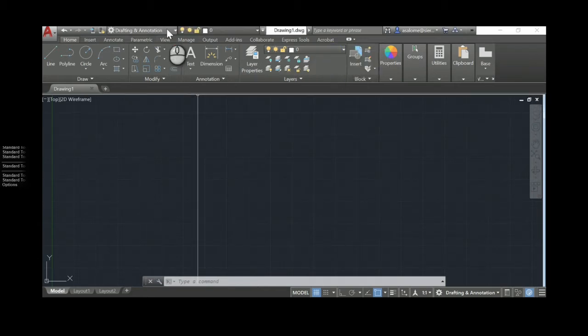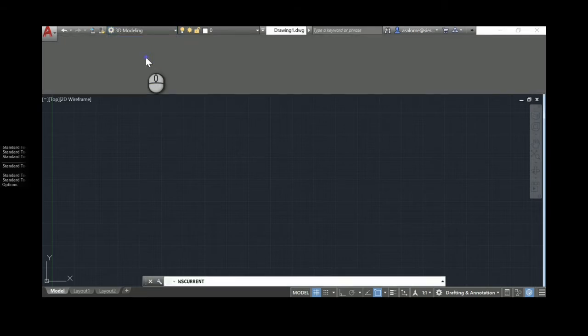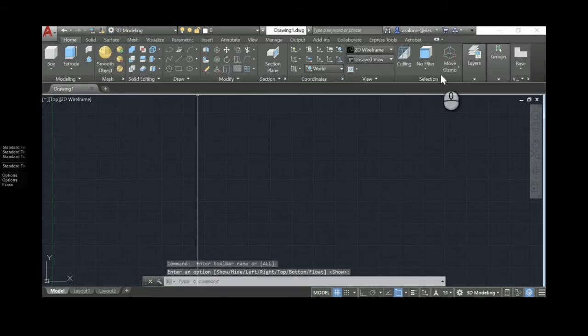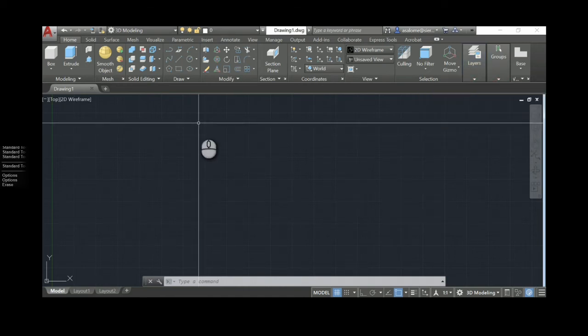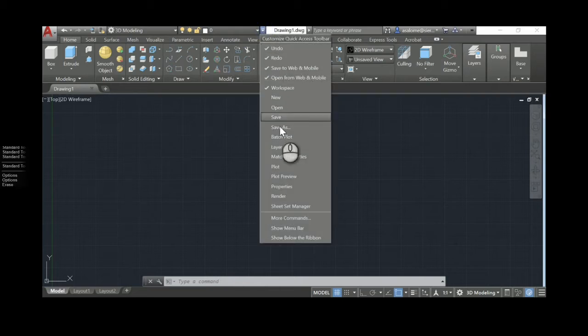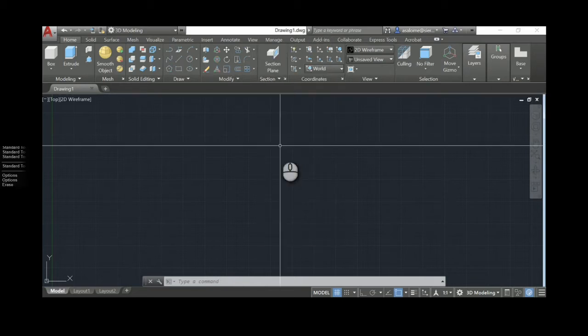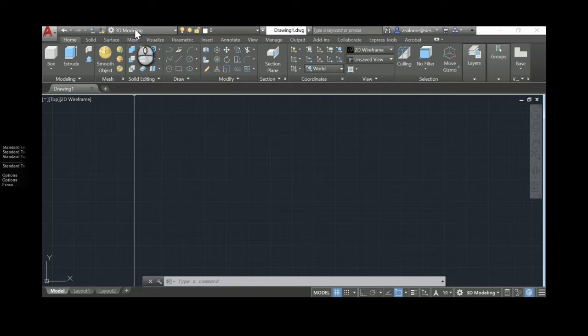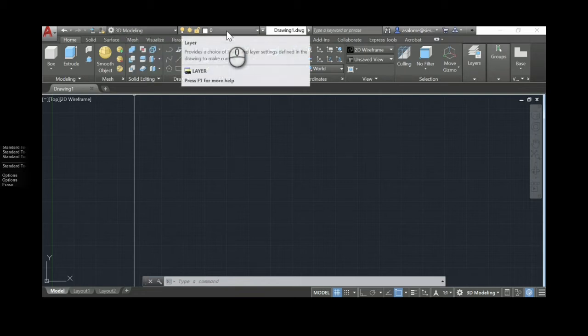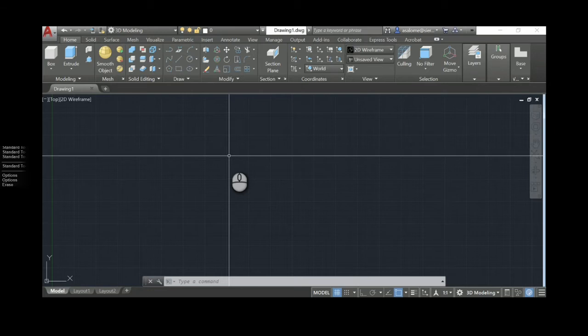But notice, I'm in 3D modeling, and that thing isn't on the ribbon somewhere. In fact, I've got to come down here, open that, and come to here to be able to find it to add it to the quick access toolbar. So that is one of the things that's on my quick access toolbar list. Okay, so now I've got two of them. That's a problem. I'm going to remove one from the quick access toolbar. And so there I've got my 3D modeling and I've got my layers pull down in my quick access toolbar.